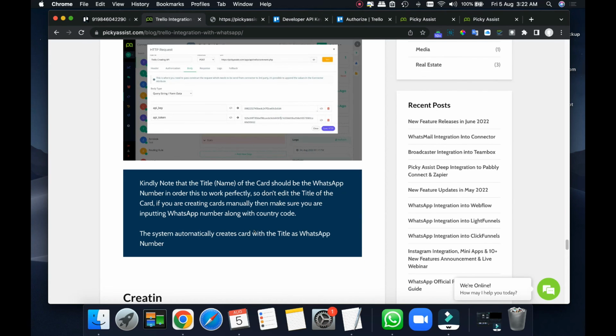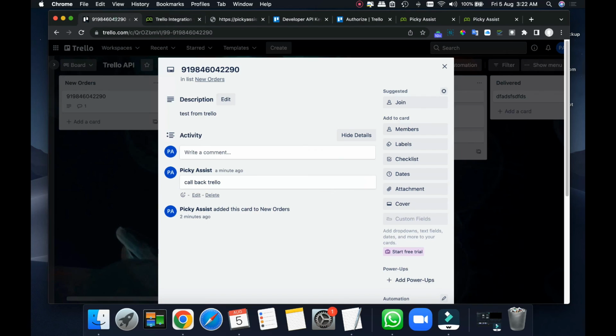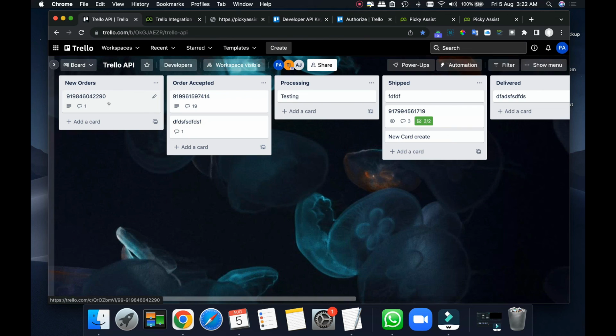So just to ensure the title again here, because of how the system works: the system looks for duplicate cards and appends to the cards. So whenever a new message comes, the system will check whether this particular number is there in any of the cards on this board. It will even check the archived cards, so make sure that you are deleting the card, not just archiving it.